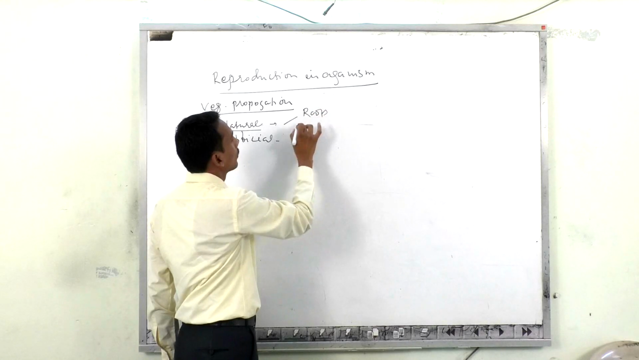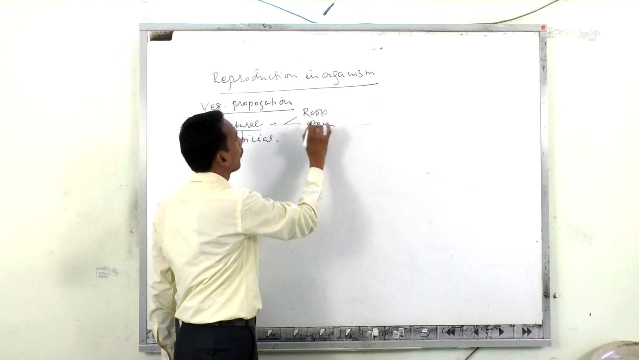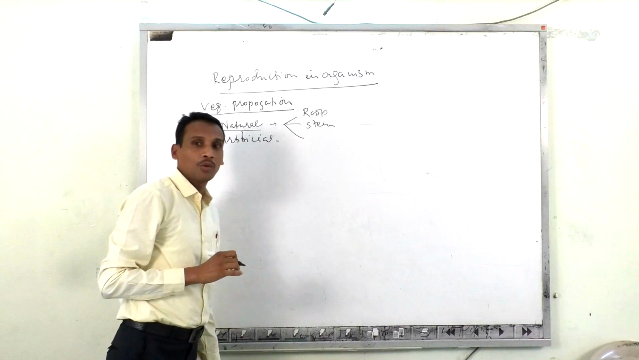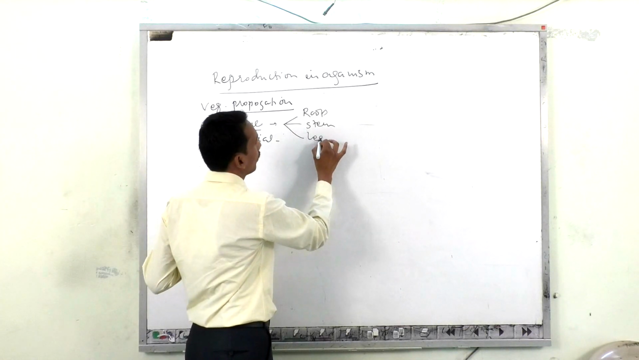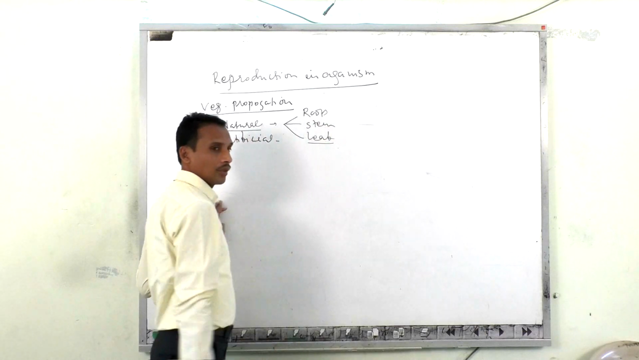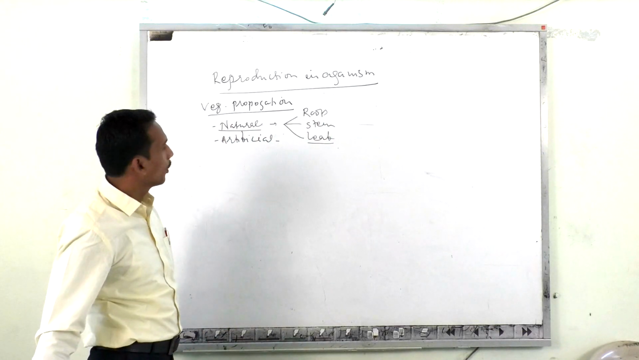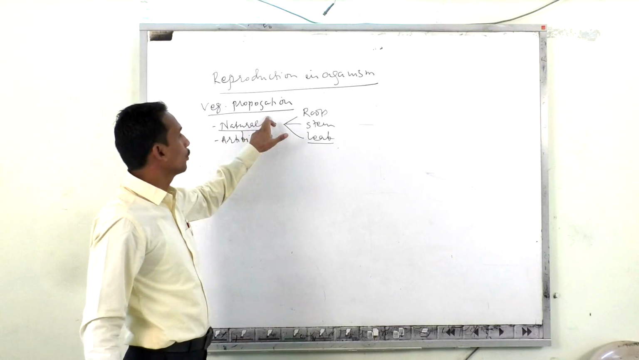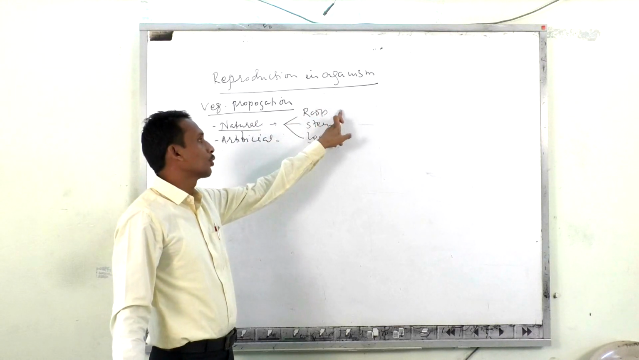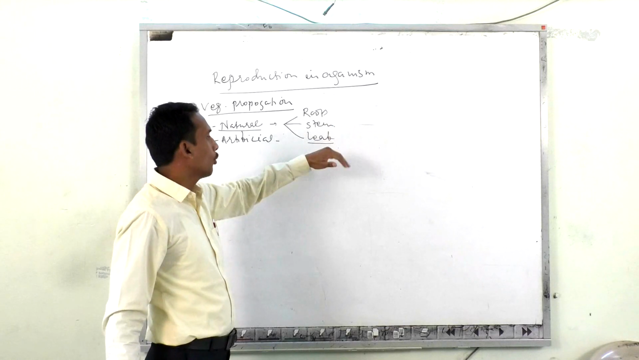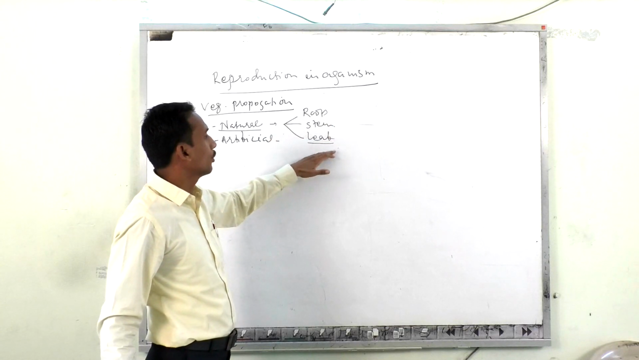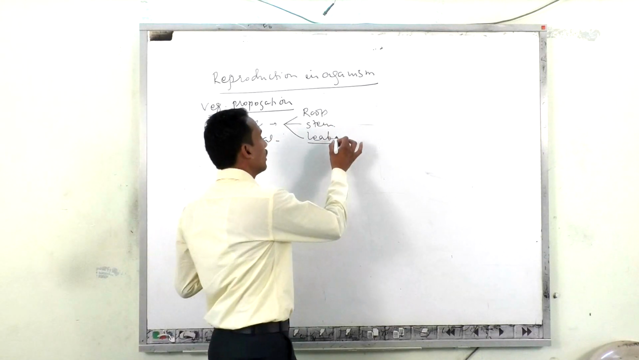roots, stem. Now we are going to discuss natural vegetative propagation by leaf. In yesterday's class, we completed natural vegetative propagation by different kinds of roots and by the stem in different modified ways. Now we have to discuss natural vegetative propagation by leaves. In case of